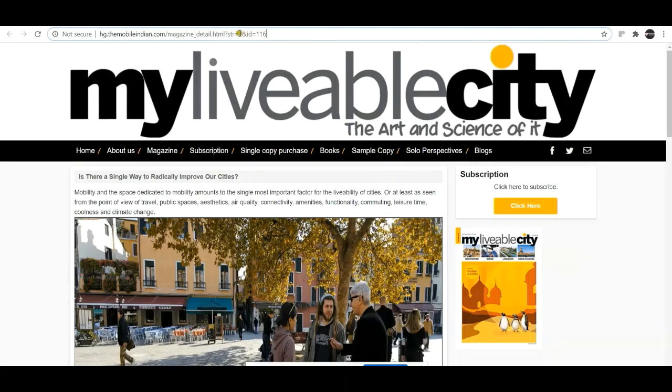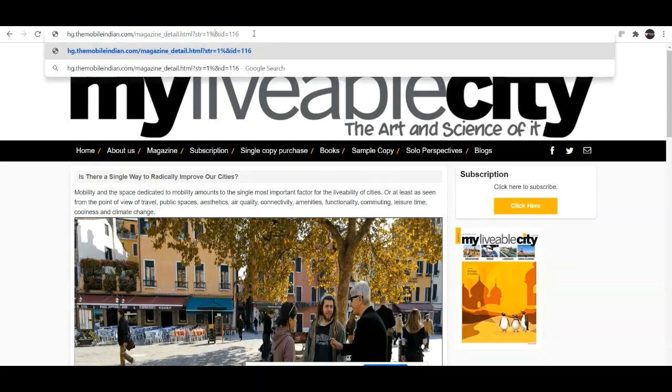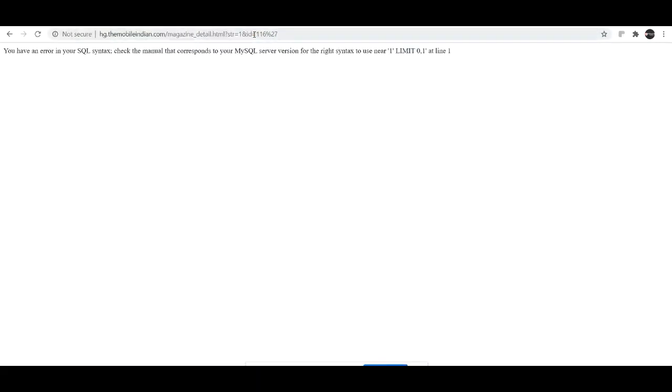Now I was not knowing that there is a parameter called str before doing the Google Dork. What I can simply do is inject a single quote and see are we getting any error or not. So no error in this case in a string, and now I can simply add a quote, and as you can see, you have an error in your SQL syntax, and this is vulnerable to SQL injection. Of course I can go ahead and do injection, but I just wanted to show you that apart from .php you can try .html also. So I hope this helps.